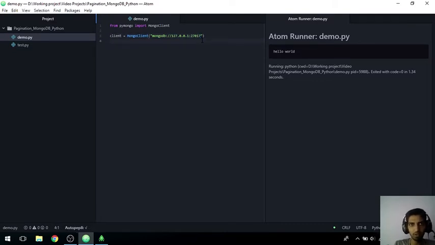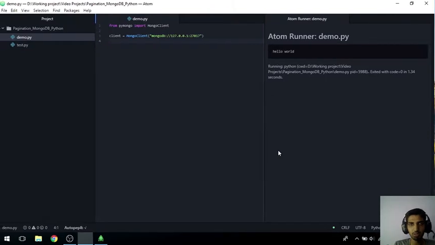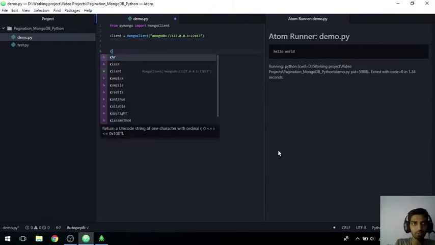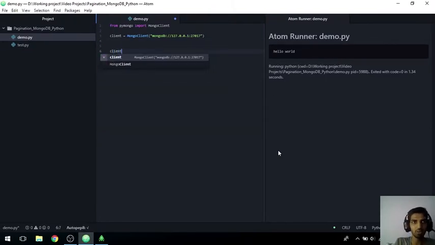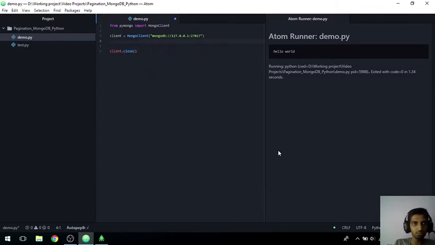That is the port number. We can see the port number by looking at this 27017. Now we will first close the client with client.close. This is a client object to the database.